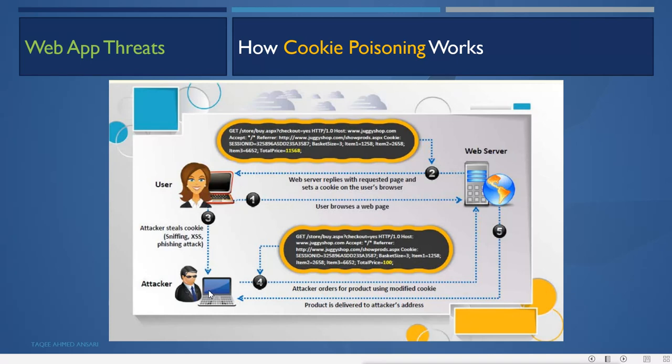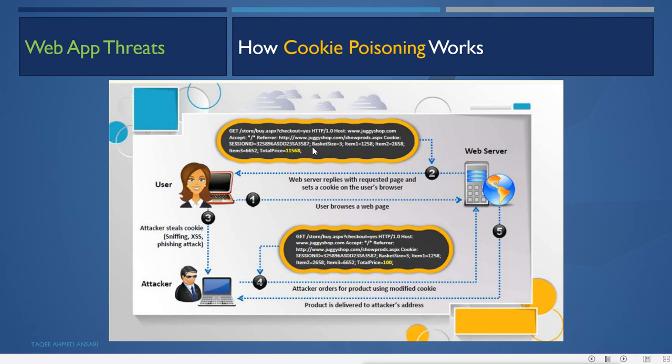Now when the attacker gets the session cookie, the attacker orders a product using the modified cookie. It will see the cookie and then order from the web server using the modified cookie. It is using the same cookie, meaning the identifier of this user and the same session ID.